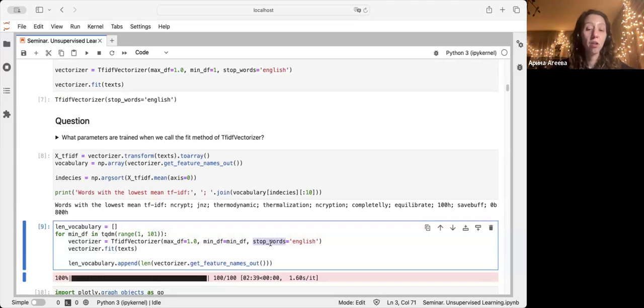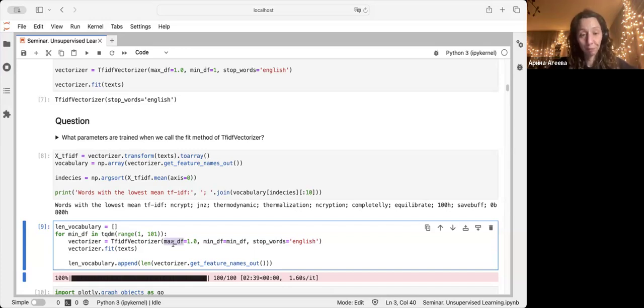For example, stop words are just a list of words like the, and, or, and these words don't have a lot of information for clustering or predicting some topics. So yeah, and also